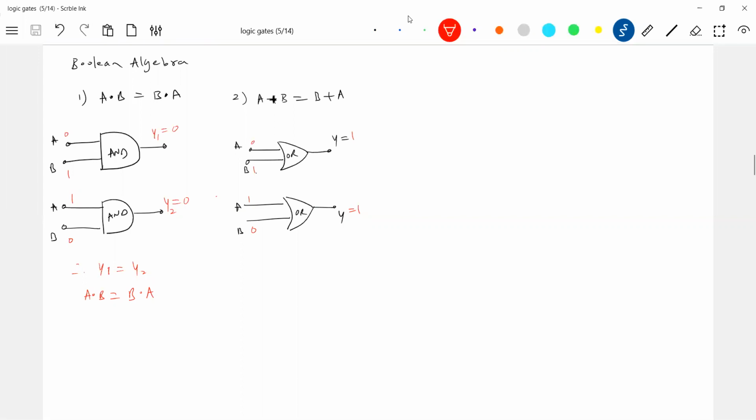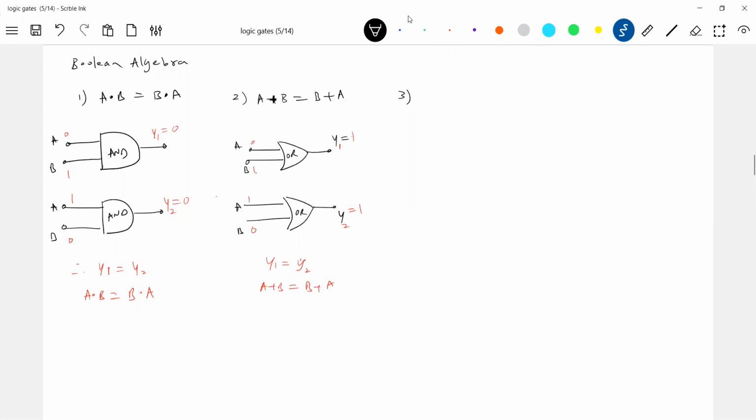So what is Y1? Y1 you are going to write as A plus B. Y2 you are going to write as B plus C. Means you interchange inputs, nothing will happen. That's what he means to say. So therefore Y1 plus Y2. I think I'll write it here. It should be like this. In mathematics, I think you'll call this associative distributive like this.